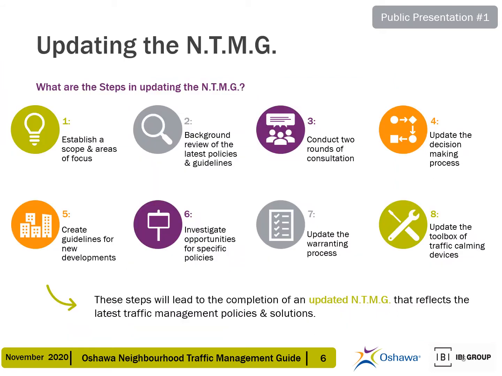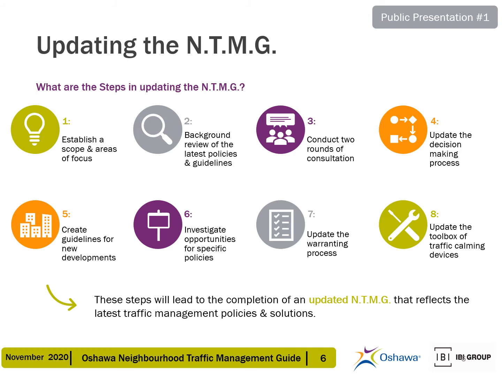The steps in updating the Neighbourhood Traffic Management Guide include: 1. Establishing a scope and areas of focus. 2. Background review of the latest policies and guidelines. 3. Conducting 2 rounds of consultation. 4. Updating the decision-making process. 5. Creating guidelines for new developments. 6. Investigating opportunities for specific policies. 7. Updating the warranting process. And 8. Updating the toolbox of traffic calming devices. These steps will lead to the completion of an updated Neighbourhood Traffic Management Guide that reflects the latest traffic management